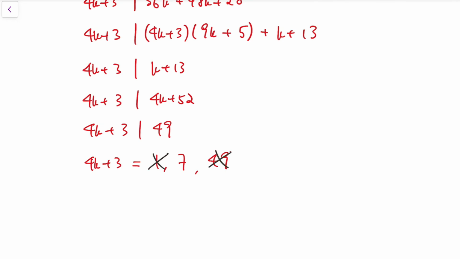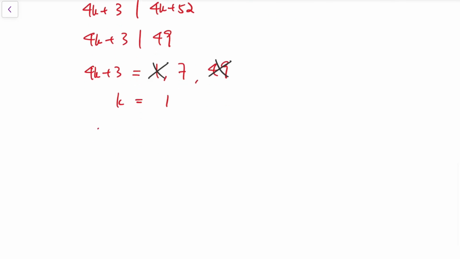And for 1 and 49, we can reject them because we won't have any positive integer solution. But for the remaining case, we know k equals 1. So given that k equals 1, because we have assumed that m is equal to 3k plus 2, that means for this case, m equals 5, and to solve for p and n, we have to